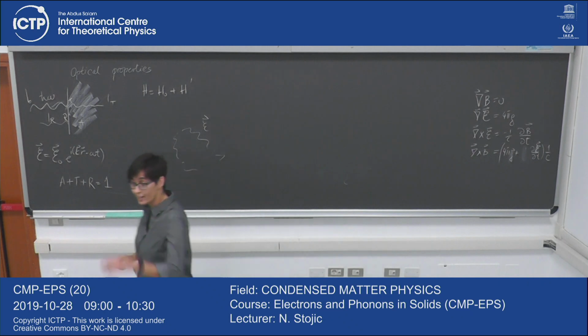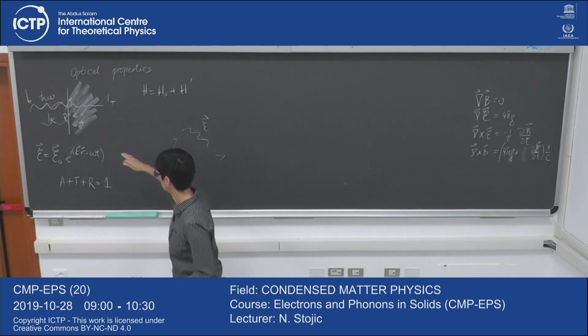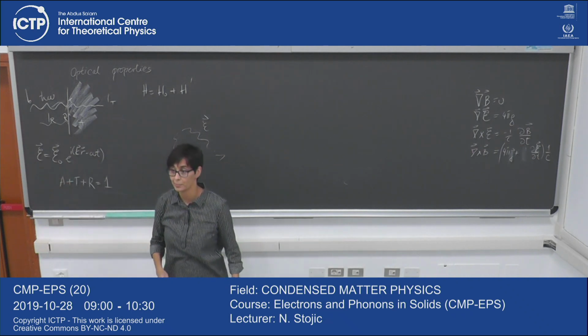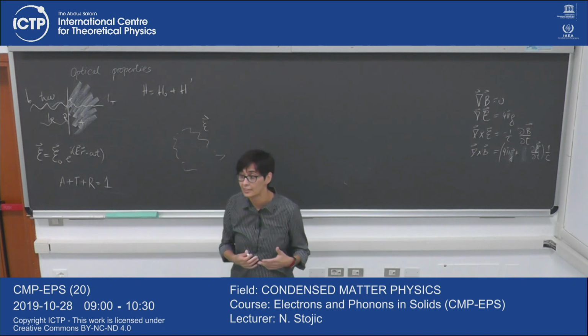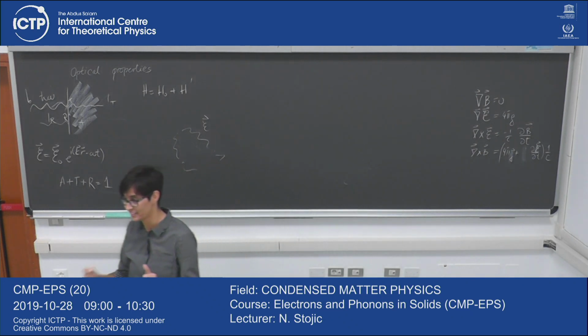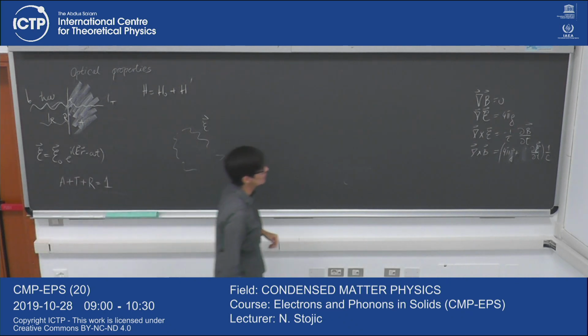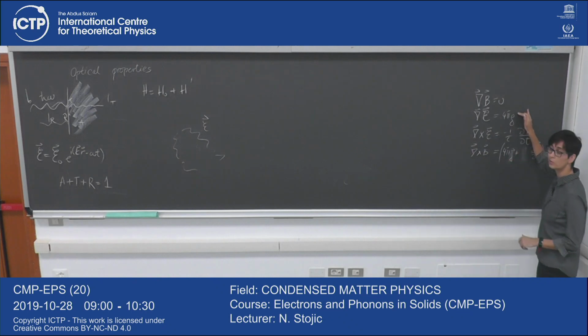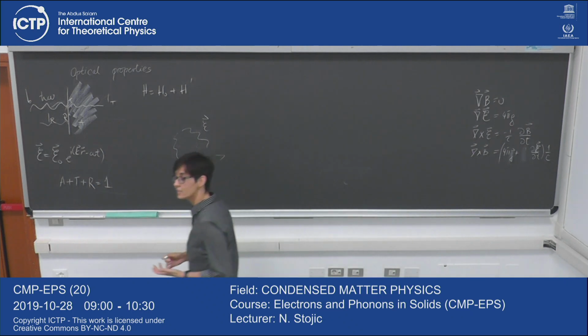So we'll talk about the gauge invariance. You probably know the fact that the potentials uniquely define the field, electric field or B field. But the vice versa is not true. If you have a field, it does not uniquely define the potential. You know the concept? No? Okay. We know from this equation that you can find the potential which gives you the electric field. But that potential is not uniquely determined if you just know the field.